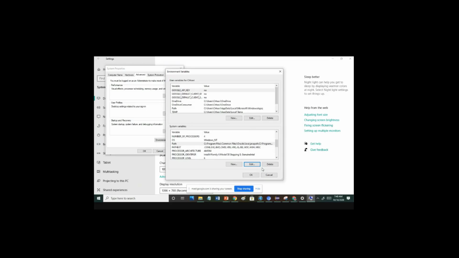Now I hope everybody has done that. Also, if you want to develop Java or Java related tools, you might also set up the Java home environment variable. To set the Java home environment variable, just click on new, and there you write JAVA_HOME in caps.